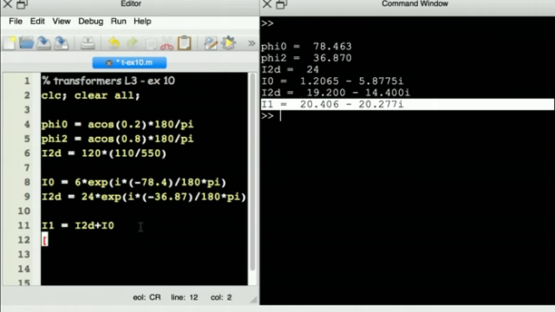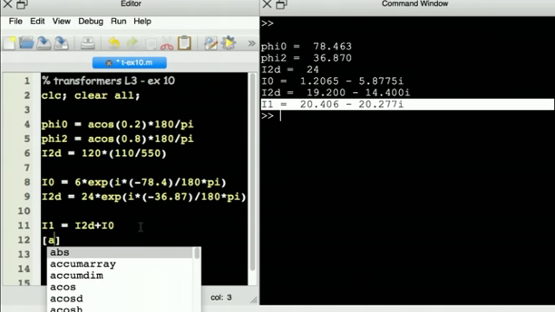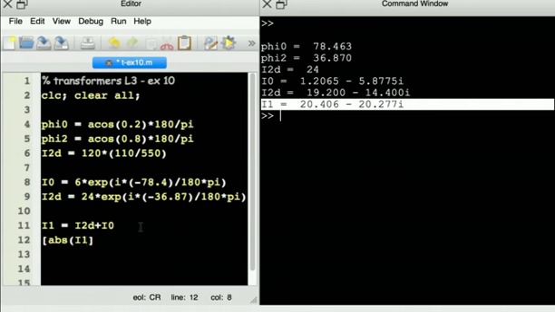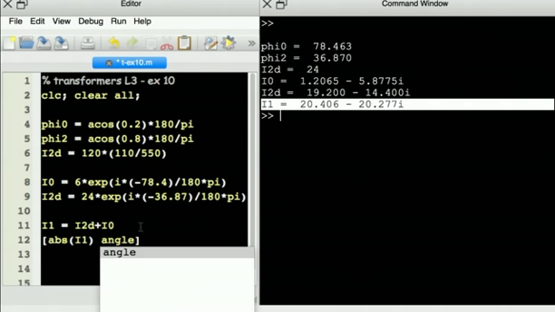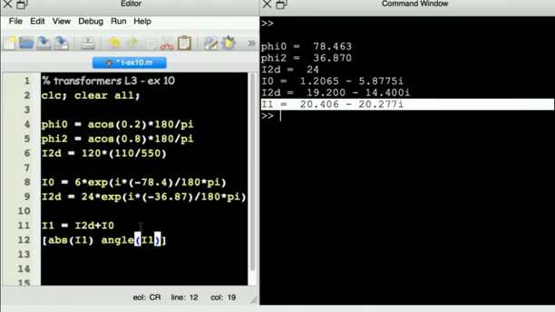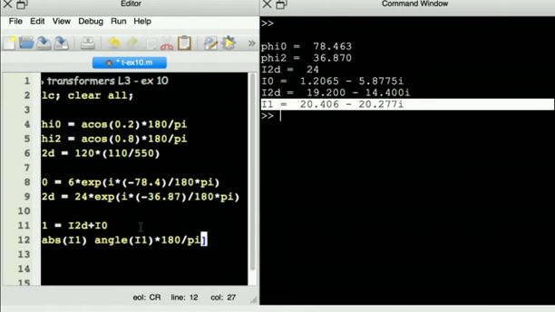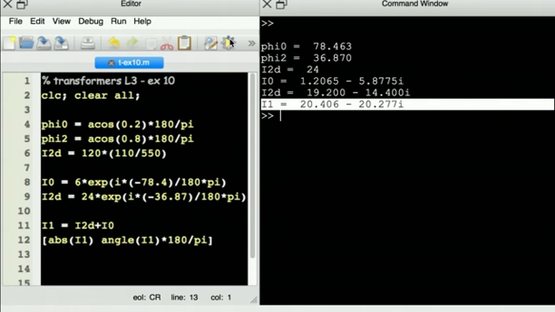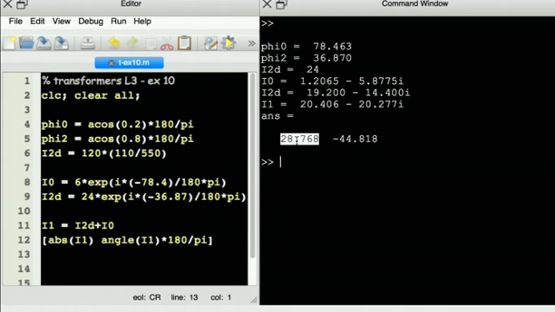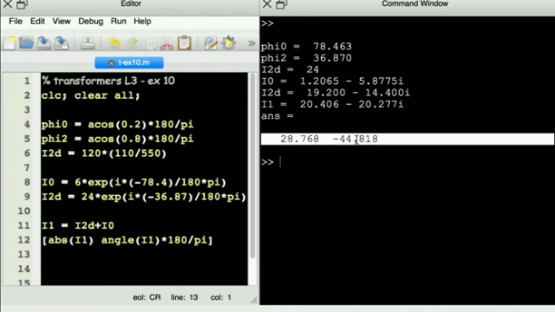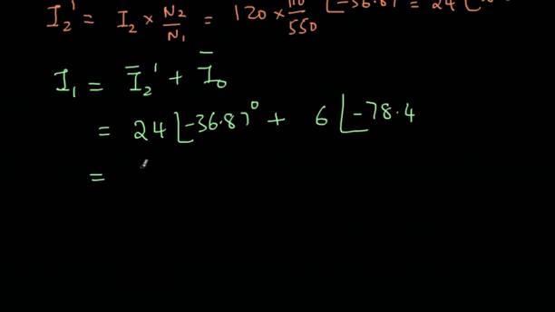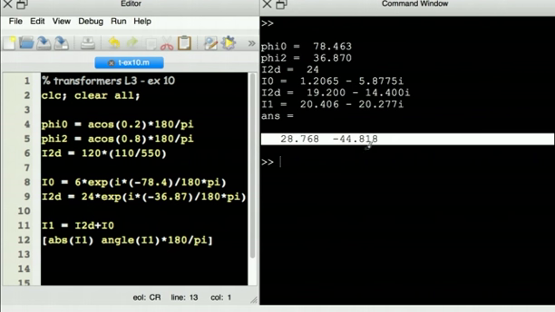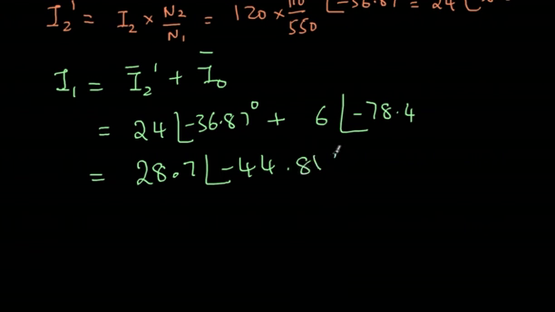So I'll simply display the absolute value of I1 and then the angle of I1. This angle will be in radians, so multiply by 180 by pi to convert it into degrees. And here is my answer: 28.7 angle minus 44.818. So 28.7 at angle minus 44.818, this is again with reference to